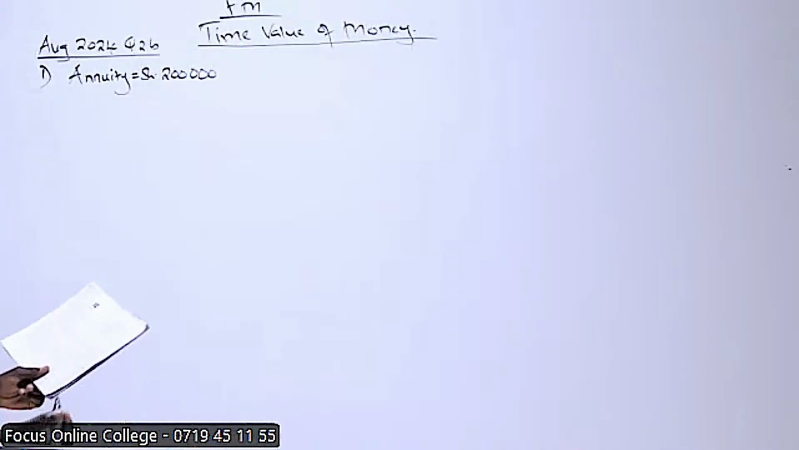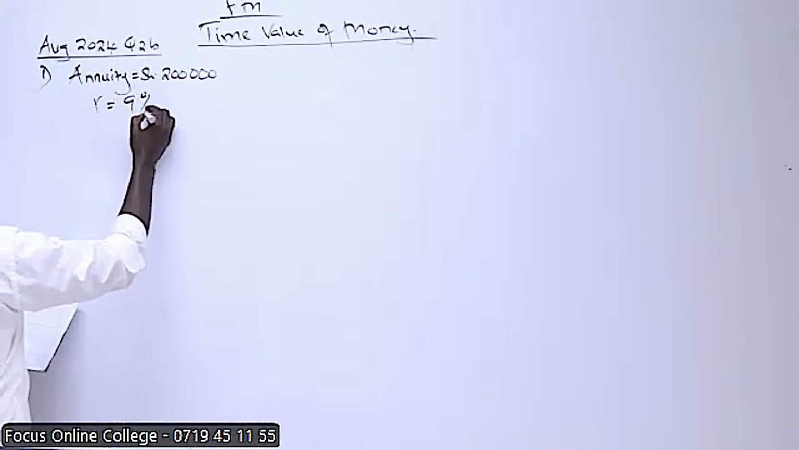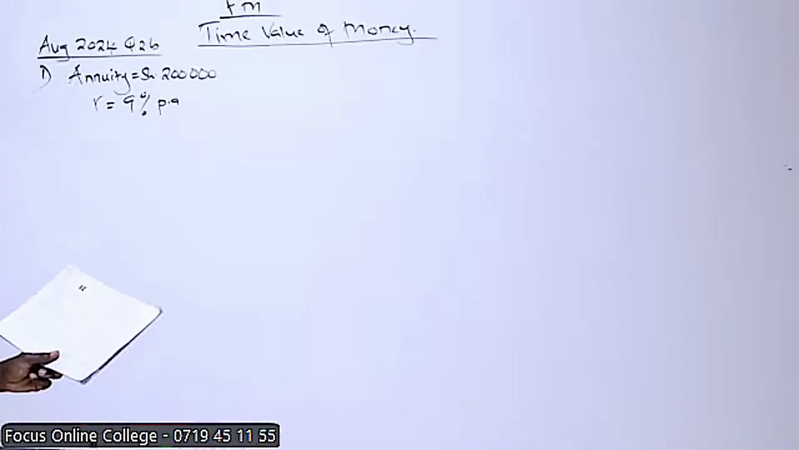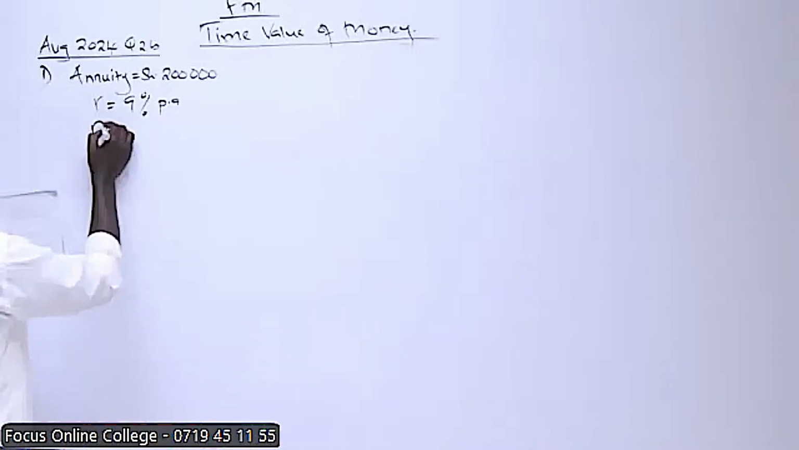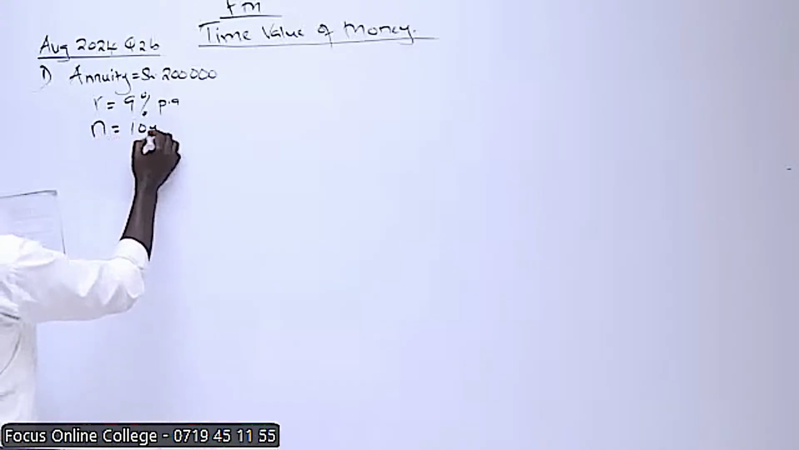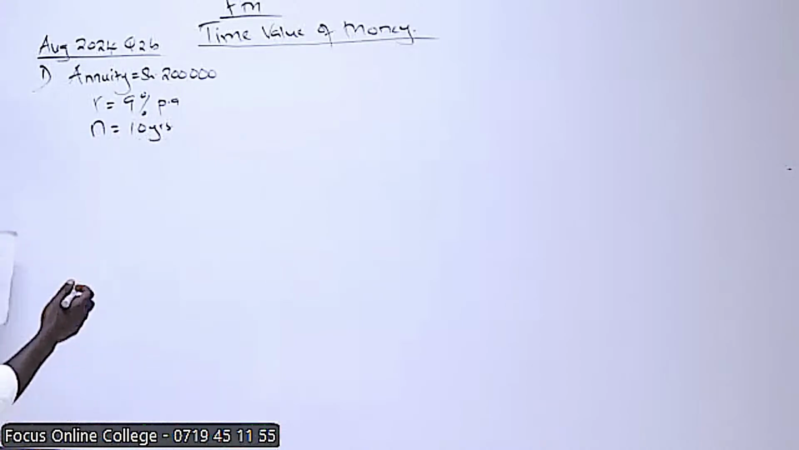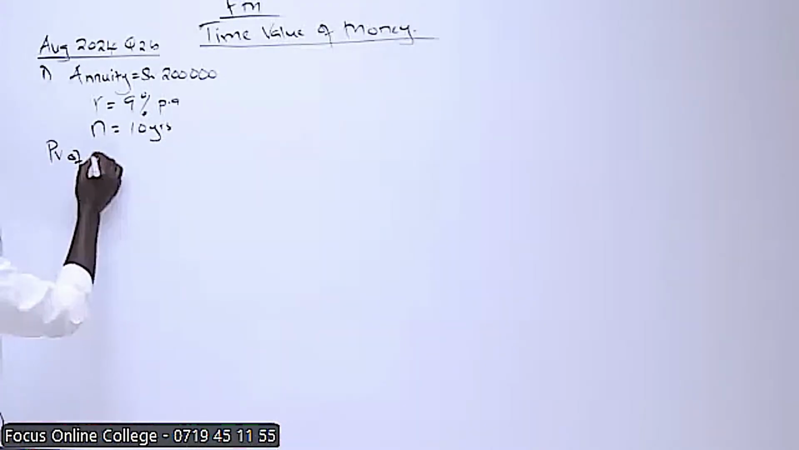Then the interest rate is 9% per annum. The required, that is investment after 10 years. The number of periods is 10 years. So he's going to invest for a period of 10 years. This is an annuity due because it is occurring at the beginning. So present value of annuity due,